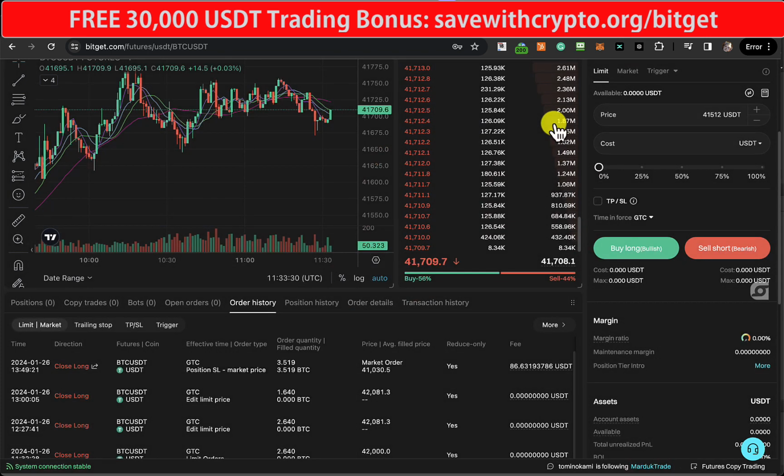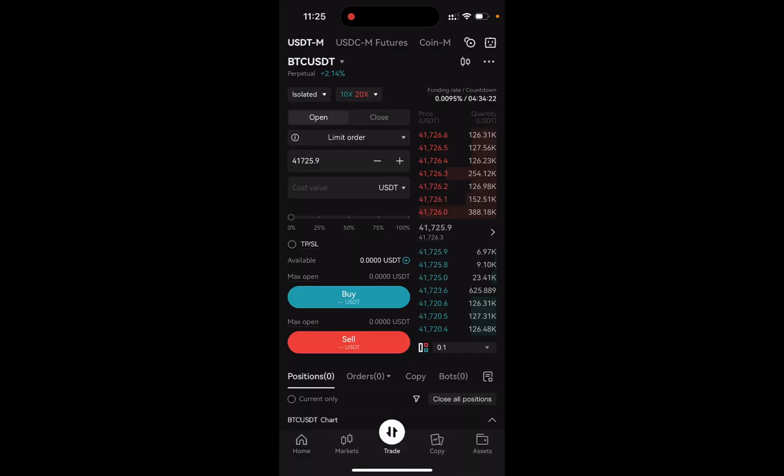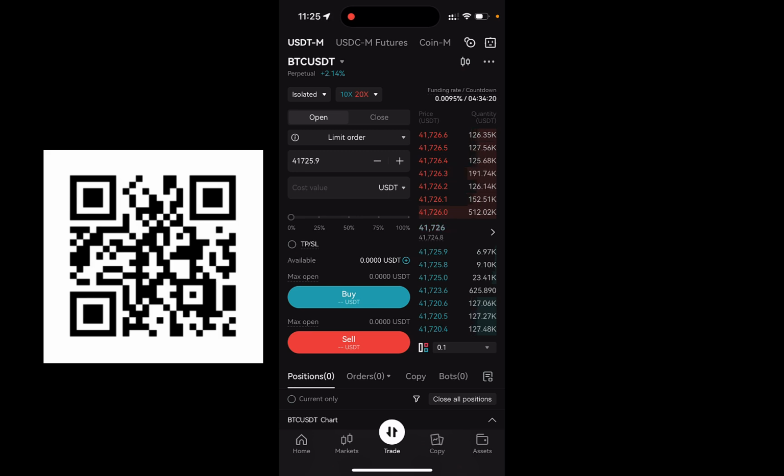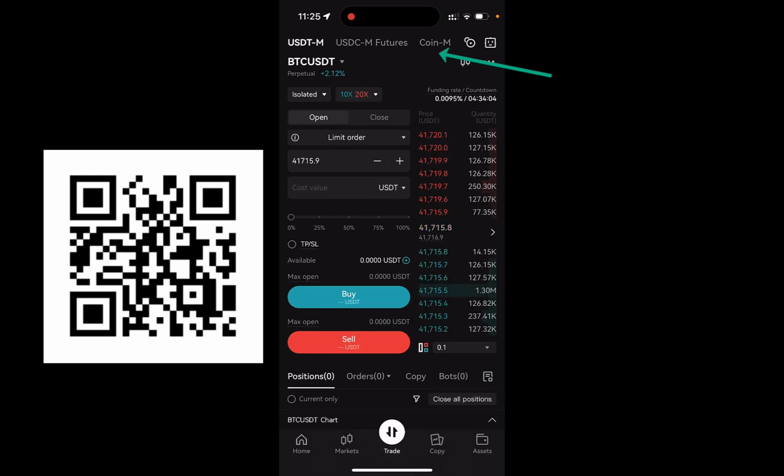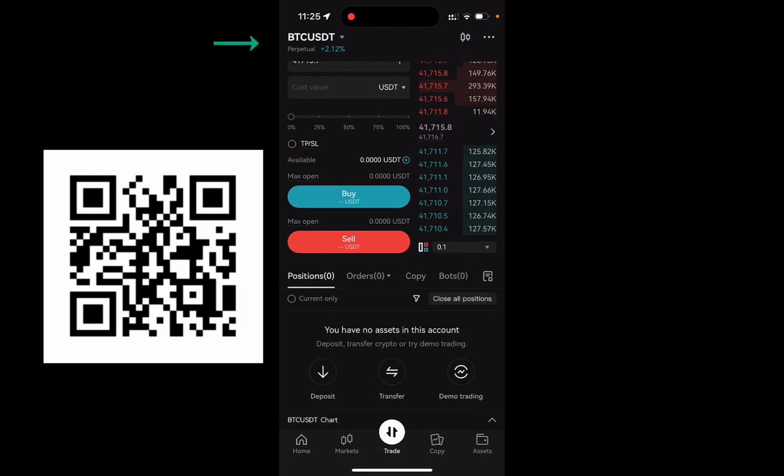Okay, so what if you're using a phone? I'll show you that on a phone. Okay, so to show the little pretty, I've made some profit things on Bitget, you need to select whatever you were trading with. So for example, USDT M or Coin M are the main ones I use. So let's say it was USDT M. You come down here, you can see I've got no positions open at the moment, but if you click this little clipboard thing here in the corner,